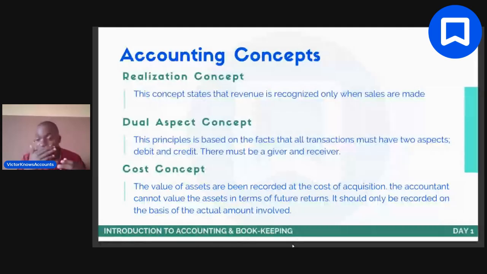What do we mean by when income is earned? Income is earned when there is a transfer of goods and services. And expenses are incurred when you enjoy goods and services. Do we understand? When you buy goods or when you enjoy services. All right. Now, what does that mean? It basically means that